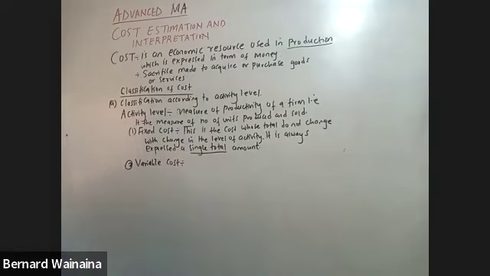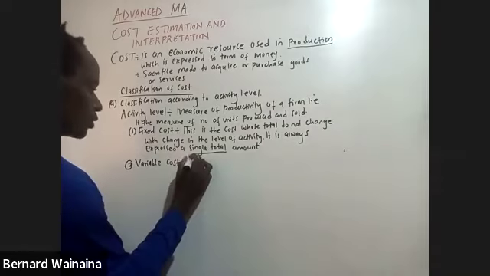Now, what is a variable cost? When we talk about variable cost, we mean that this is the cost whose total amount will change when we have some variations when we change our level of activities. So when the level of activity changes, automatically the variable cost will also change. So we can write and say, this is the cost